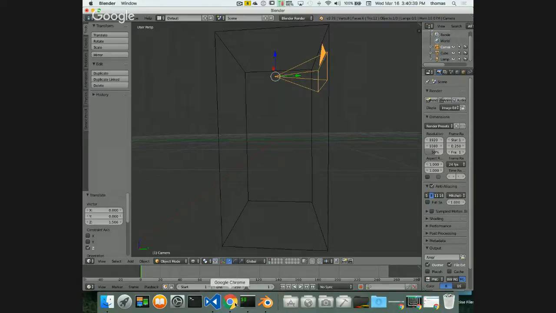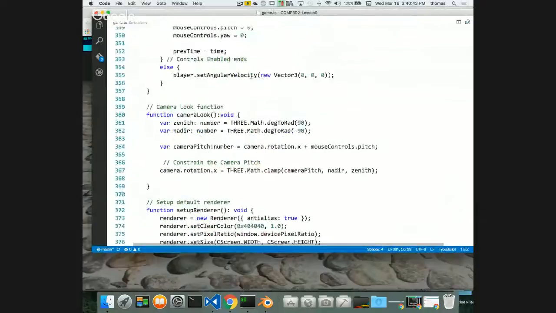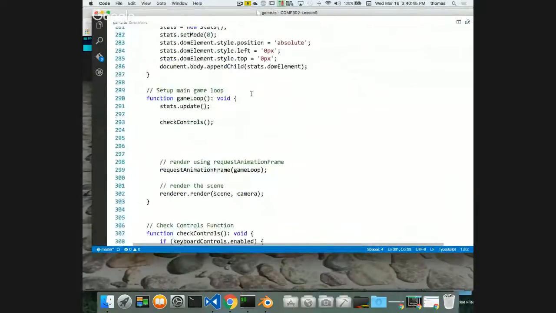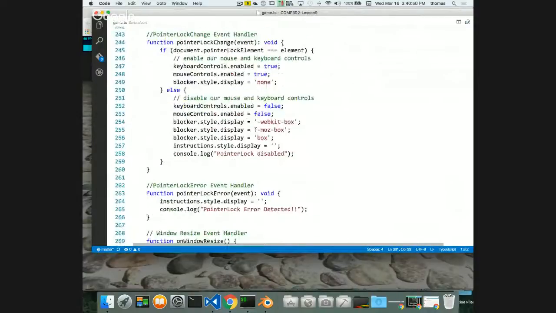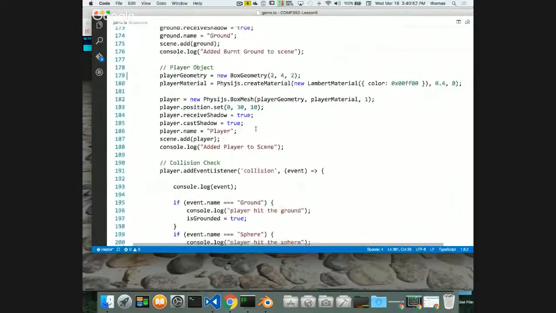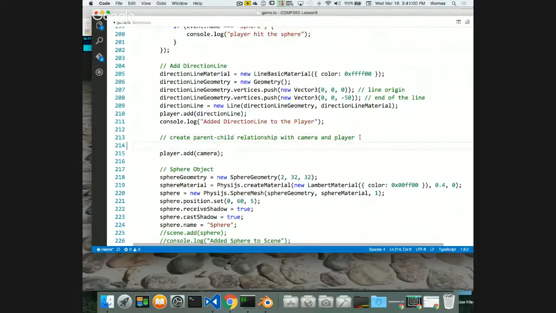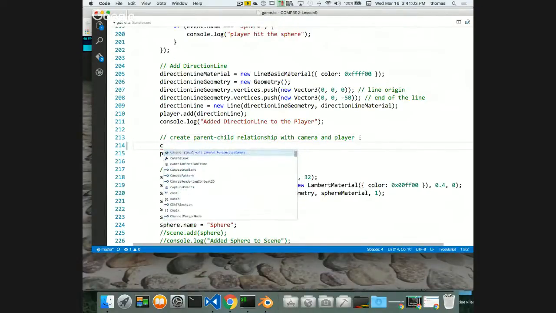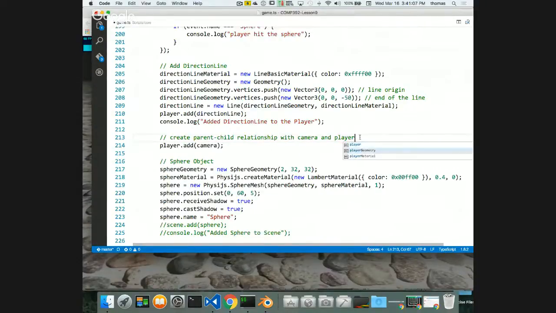Yeah, I could do that. Let's go back and do that in code so you can see the difference. So here I have my camera. My camera is set up where I do camera.add over here, my player, camera.add. This might be a great place to do it right here so we don't forget. So I want to do a camera move. Maybe I should do it right after the player gets added, because right now it's at 0, 0, 0,